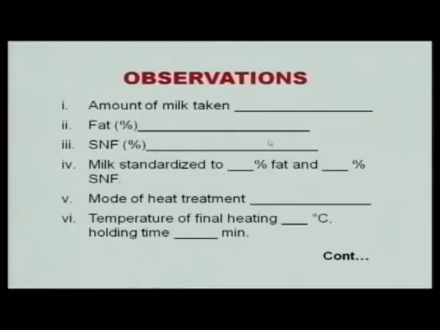production chart. Now, we will focus on the important component, that is the production chart, because the objective of this is that we should know about the production charts of different methods. It is basically for the dahi. So, we have to see the milk, the fat and SNF, then what is the standardization, how much fat and SNF is there,